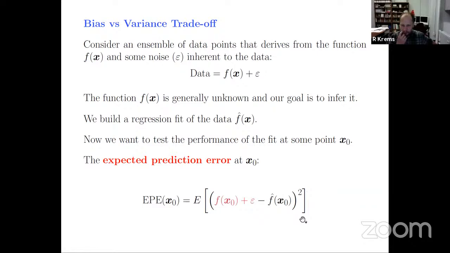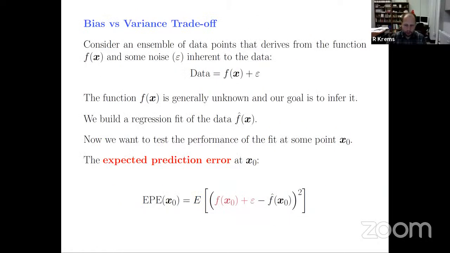We're going to be averaging over all of the random variables in the square brackets. And what are the random variables here? Well, the first random variable, of course, is noise. Noise is random, so we're going to be averaging over this. The second random variable is actually the model. Why is it random? Because each time you change your training set, you are changing your model. So when you're averaging over different training sets, you're effectively averaging over models.